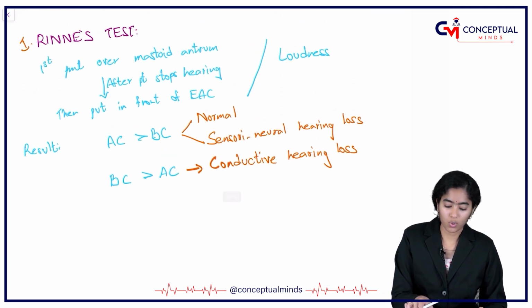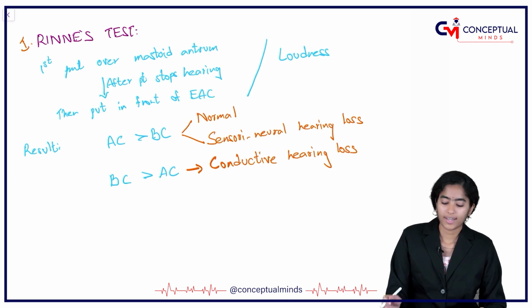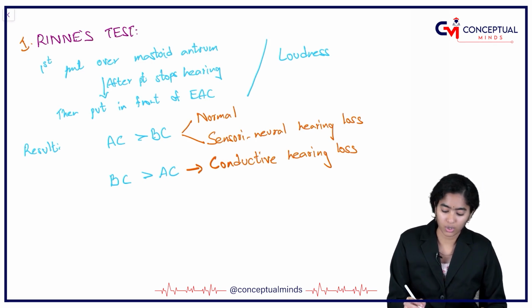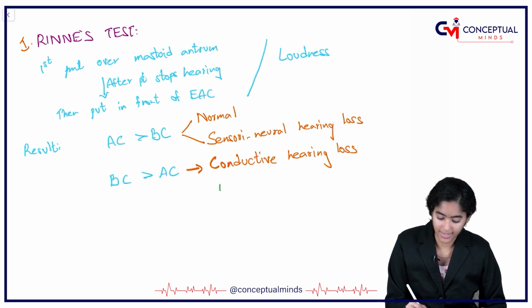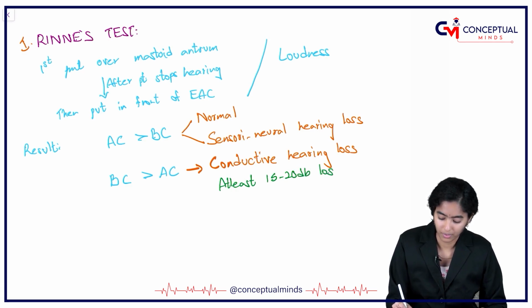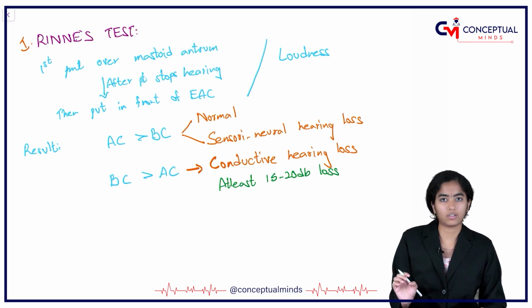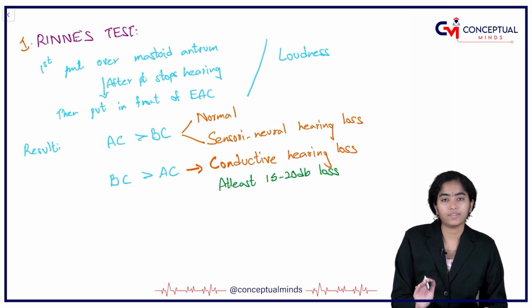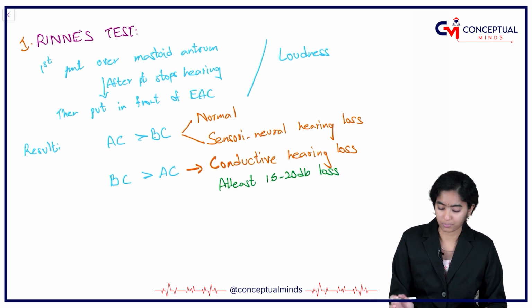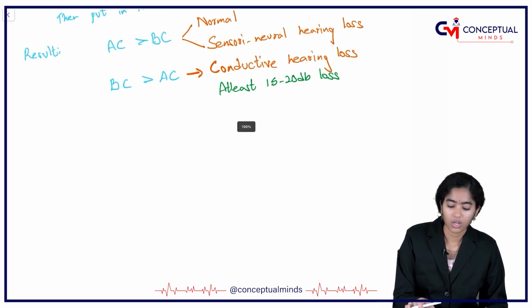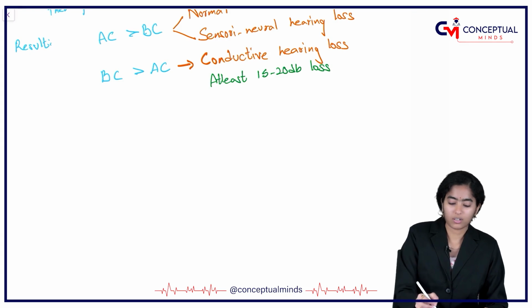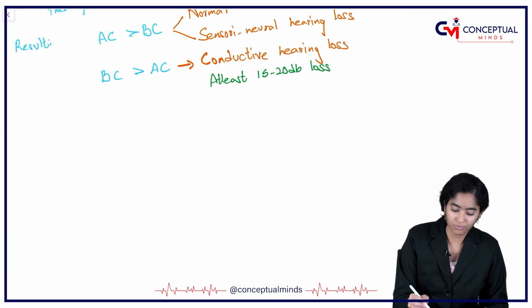So when a patient says bone conduction is better than air conduction, he is having a hearing loss of at least 15 to 20 decibels. Otherwise, Rinne cannot capture that. At least 15 to 20 decibels loss should be there. In a patient with just 5 to 10 decibels loss, Rinne will not say bone conduction is better than air conduction. Okay. So, first we check with a tuning fork of